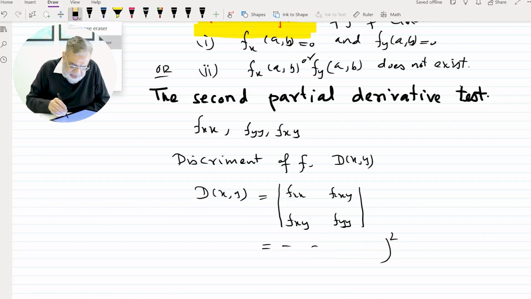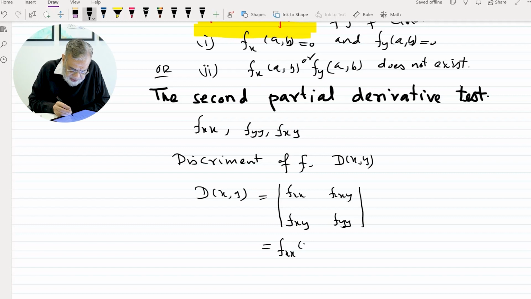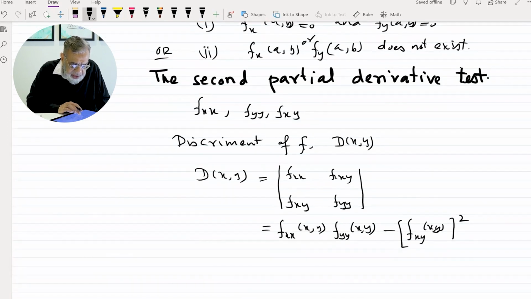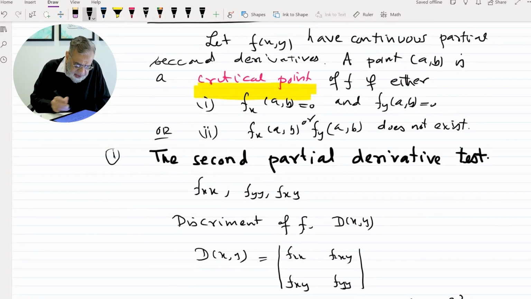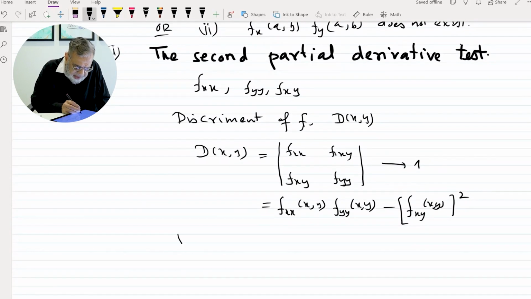For understanding purposes, we have this function of x,y, and then we put in the values of x,y and we get the values. Here my f_xx is a function of x,y, and f_yy is a function of x,y, minus f_xy, also a function of x,y, whole squared. So once we find the critical points and this discriminant, this is my equation 1. Then I find the value of the discriminant at the point (a,b). (a,b) is my critical point. At the point (a,b), we find the value, and if this value is less than 0,